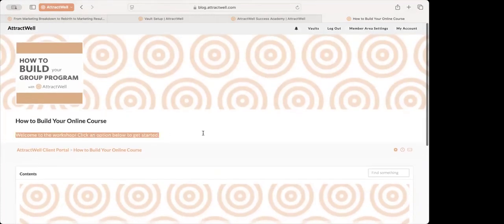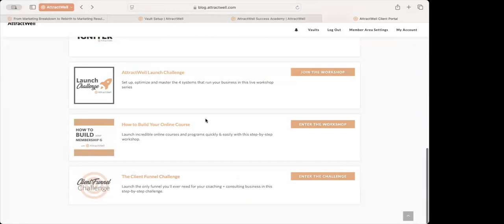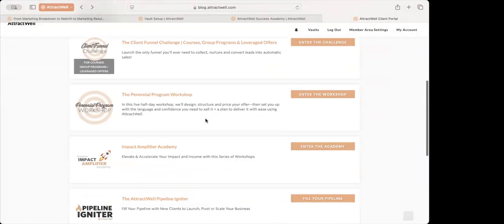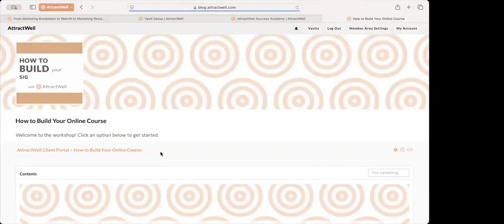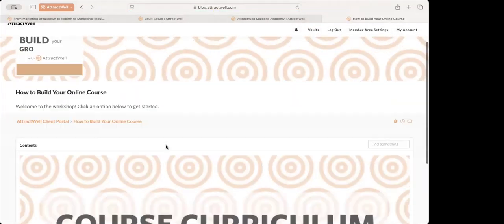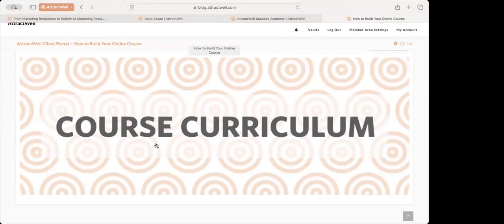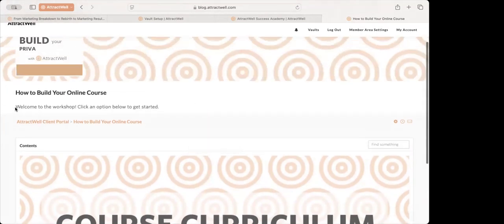Right here, I'm going to be telling them, and I'm in the vault right now. I'm not in the class yet. I'm in the vault. This is the member area. It looks like this. It's got all the vaults. This is the vault. And here I can say, pick an option below to get started. Right now I only have one option. I'm not using a discussion room in here. I'm not offering live calls. It's just this class, and that's fine. So if you want to have a paragraph about something before